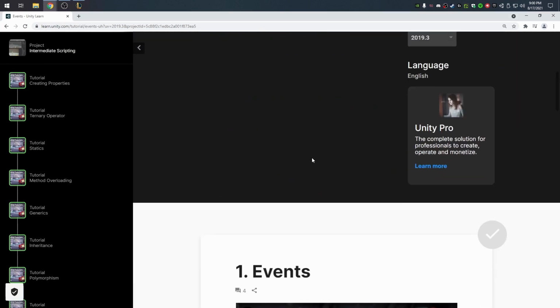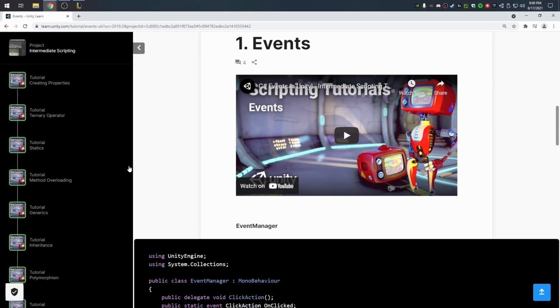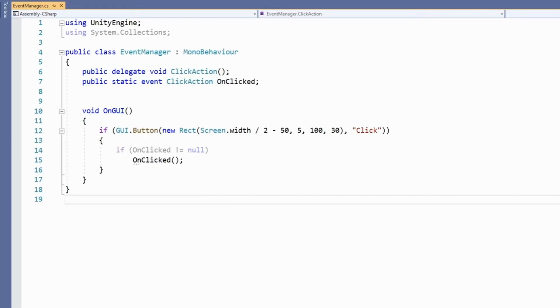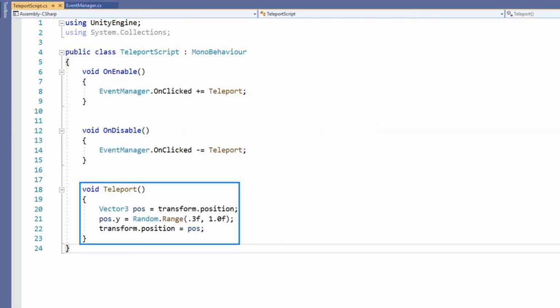Next up we're going to look at events. Now events use delegates to do some kind of action. So here's an example of an on-click. You can see here we've declared our delegate, which is a void that takes nothing, so that's our click action function that it's going to assign to, and we have an event here with the keyword event. And we had a function down there, but we're going to assign it to teleport so that when we click that button, we're going to do this